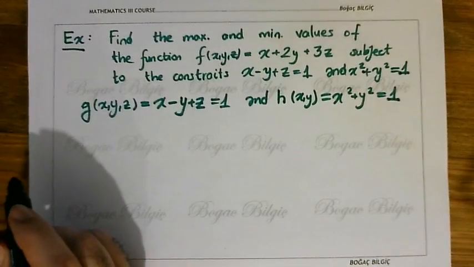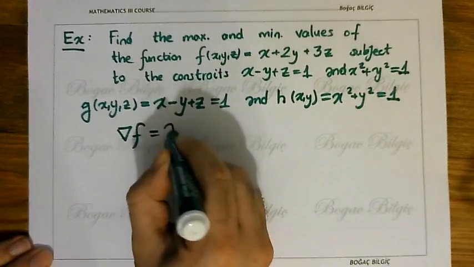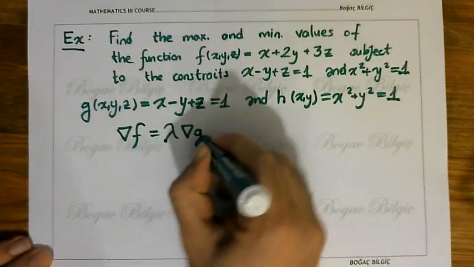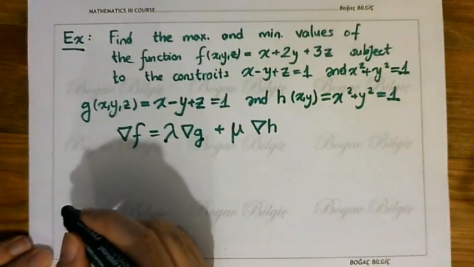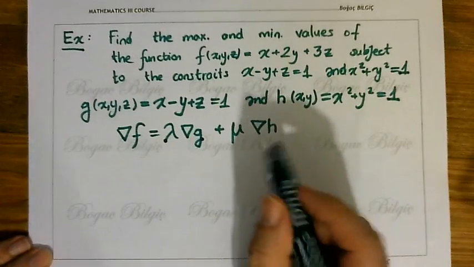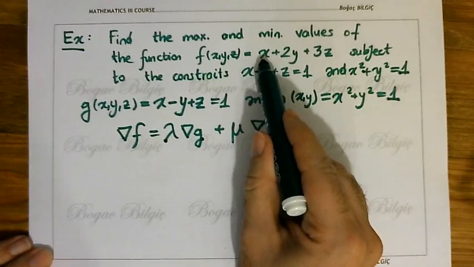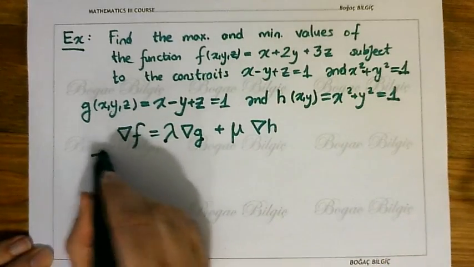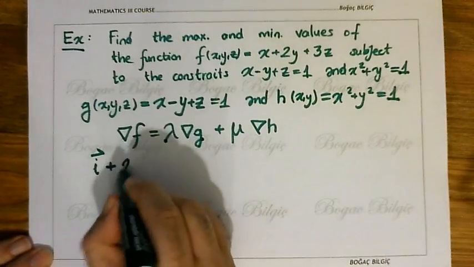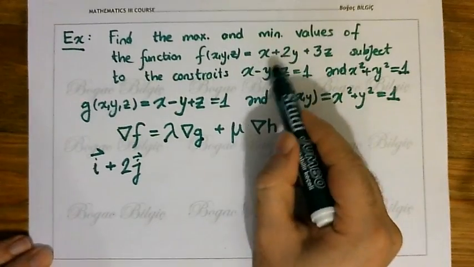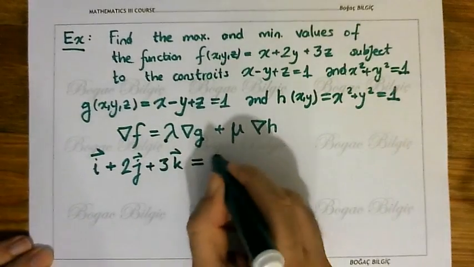Then the equation grad f is equal to lambda grad g plus nu grad h. Grad f is del f del x is 1 i plus del f del y is 2 j, and del f del z is 3 k, equal to lambda